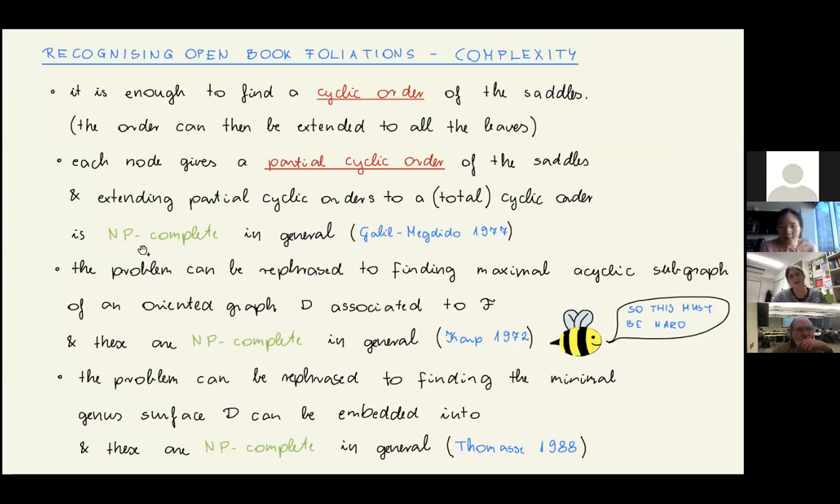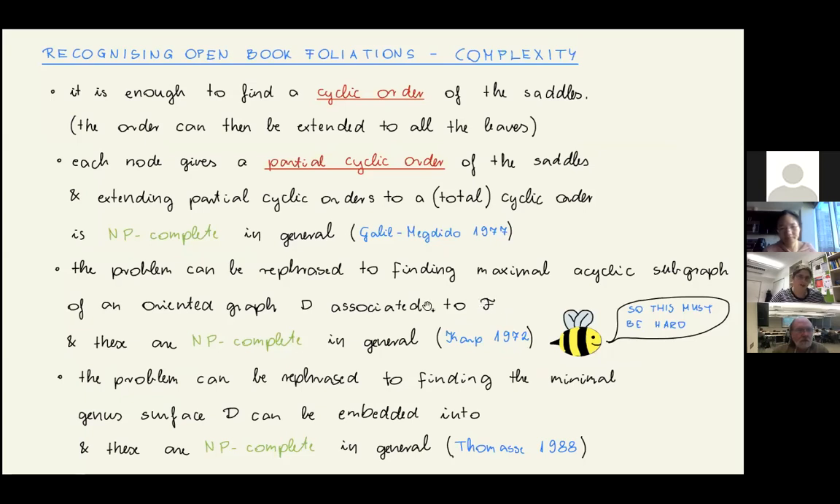And then we know that this question of extending partial cyclic orders into global cyclic orders or total cyclic orders is an NP complete problem in general. It's one of the 1977 results. And then, all right, so that's not good. Maybe it's hard, but then we rephrase the problem, I'm not going to talk about that, to finding a maximal acyclic subgraph of an oriented graph, which is associated to this